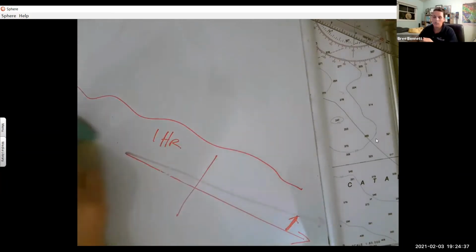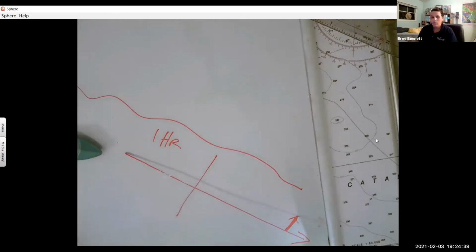It's this continuation of reassessing where you are and adjusting for it and continuing to do that. So if you set your autopilot and then go down below for a nap or a drink or dinner or something,